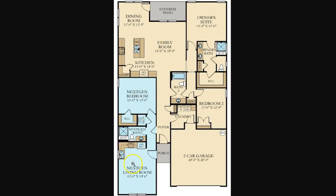Or this could be a returning college grad living here until, they got their own entrance, their own life, let them pay rent. And then at some point, 20 years from now, you could move in here and they, as an adult, could take over this way. This is brilliant. So owner's suite, master bath, bedroom 2 with its own bath available to it, and then this